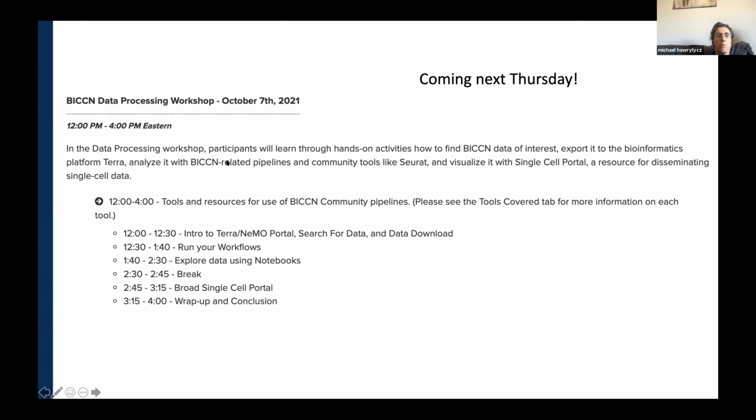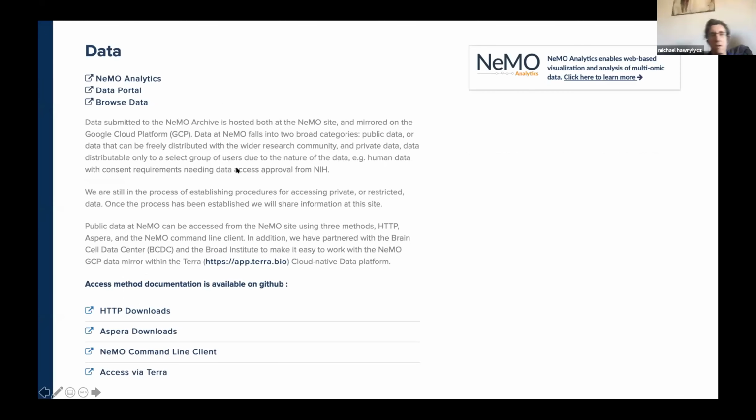The NEMO resource is the primary resource in BRAIN Initiative data for omics now, and contains an immense amount of data from our partners in the BICCN. You will learn about how to get this data. You will learn about how to interact with this data. So I won't go into too much of that now. This is part of what we'll hear.